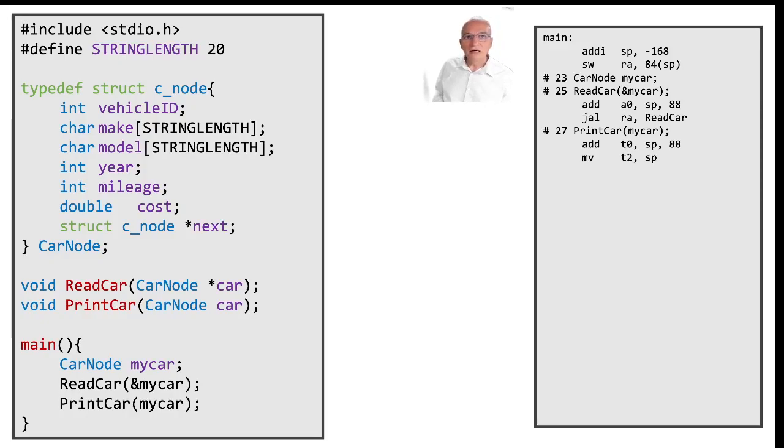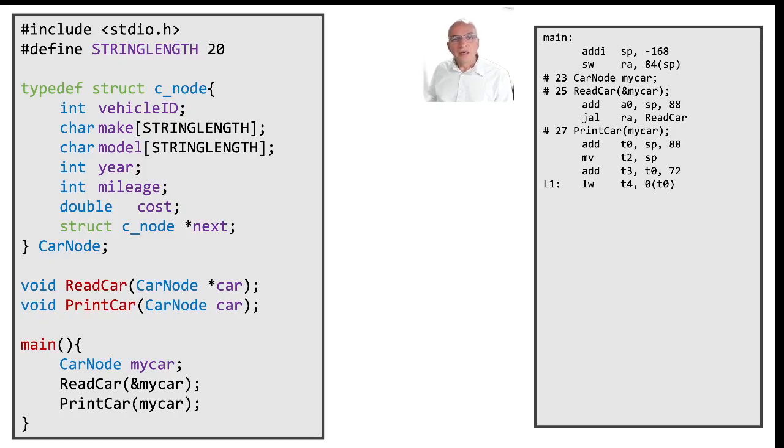And next I'm making a copy of the stack pointer, which is the lowest byte of the stack that belongs to the frame of main, into T2. And I'm writing T0 plus 72, which is the end of that my car structure. Remember that I went up to 68 in my address, so 72 will be the next position. So that will be the sentinel that I'm going to use to stop copying when I'm making the copy of